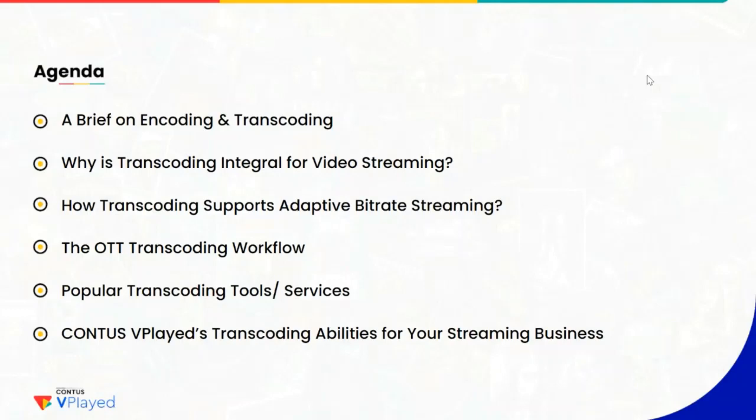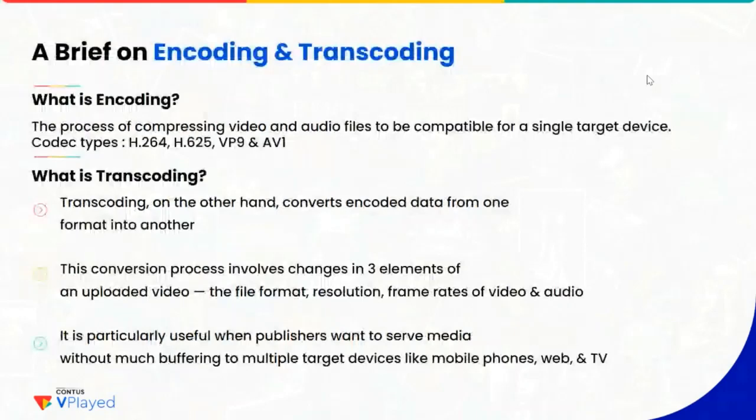Coming to encoding, encoding is a process of compression of the audio and video inputs. It can be achieved by means of a codec format. Video codecs come in different types like H.264, H.265, VP9, and AV1. Here we compress the video in order to reduce the overall size of the video. In order to have uninterrupted video streaming, encoding plays a vital role.